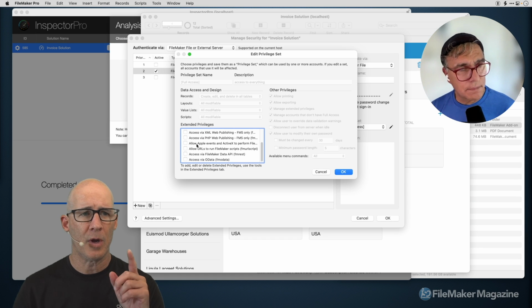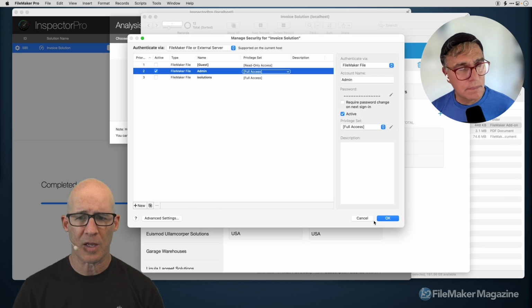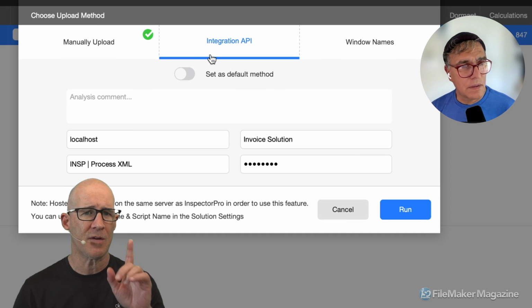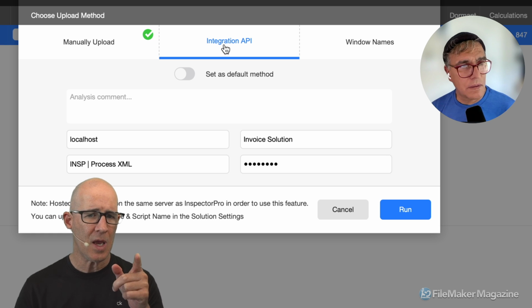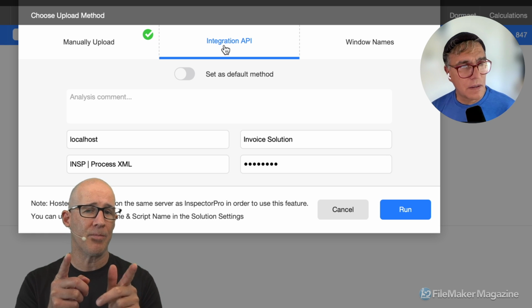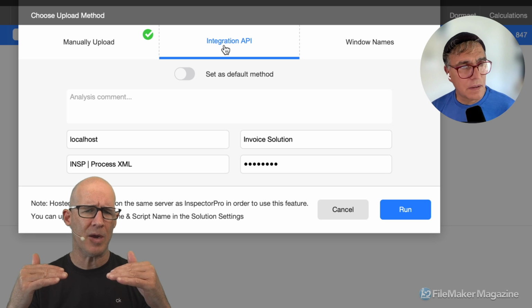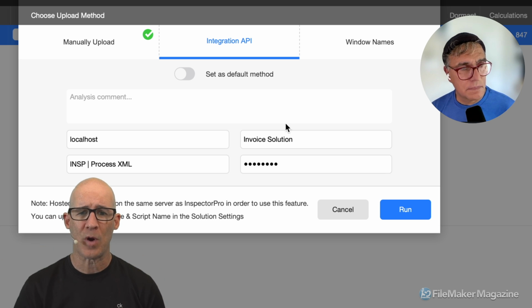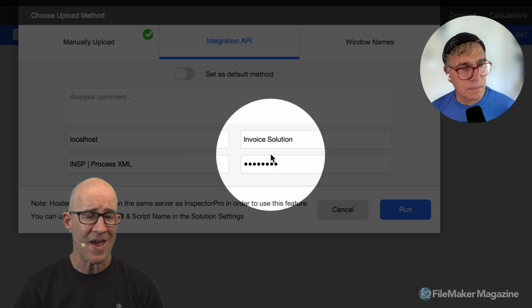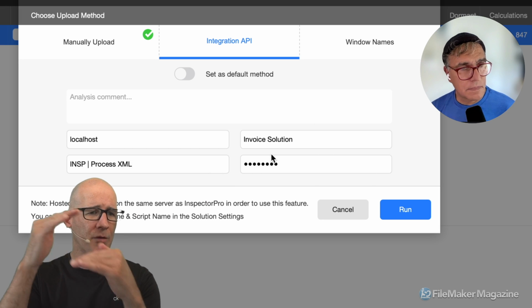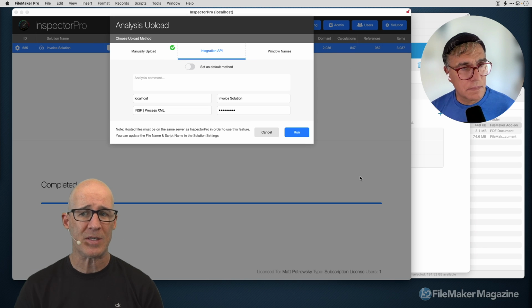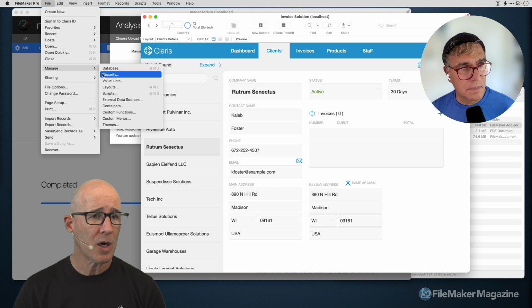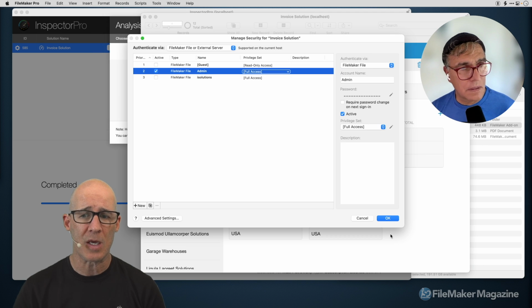So in order for Inspector, let's get out of the dialogues here, so that people understand. So in order for me to take advantage of the integration API, I'm probably going to set up, because I like to segment my privilege rights, a dedicated account, and the account name here is the account that has whatever privileges need to be set. And the privileges that need to be set, let's go through those, are for sure, you said, you need the